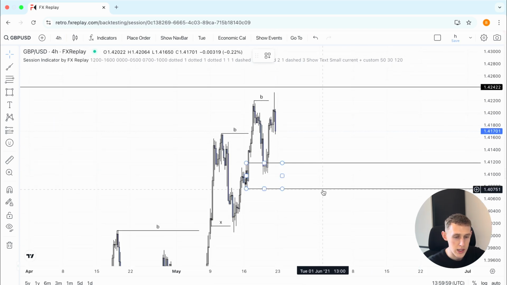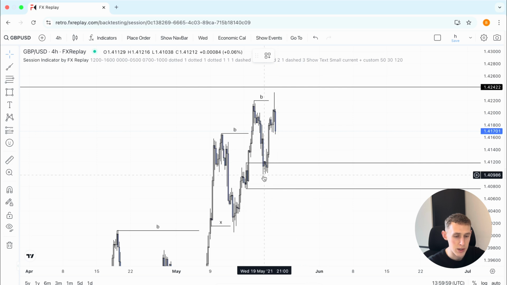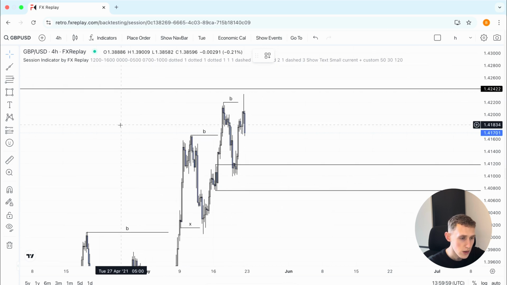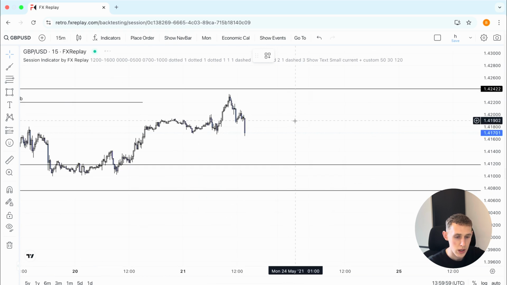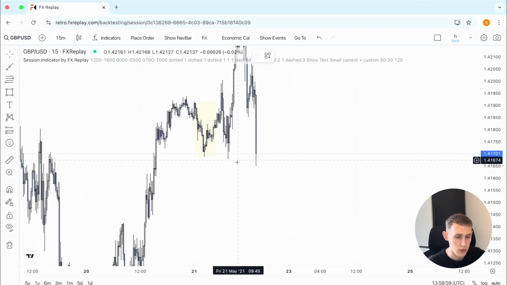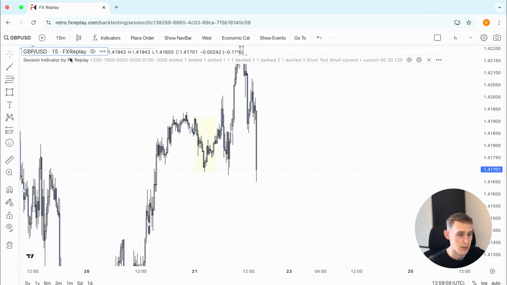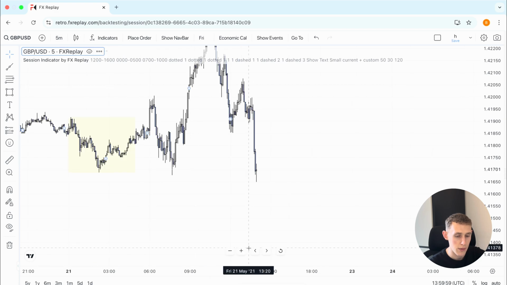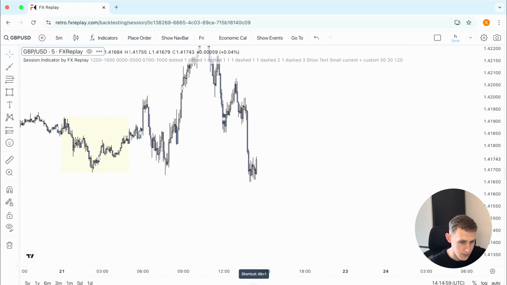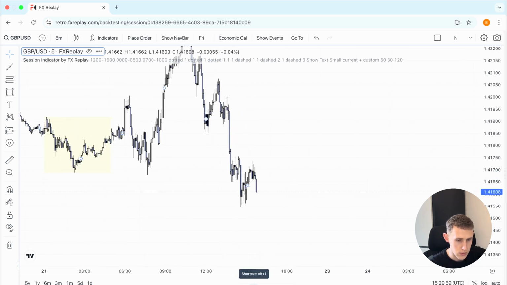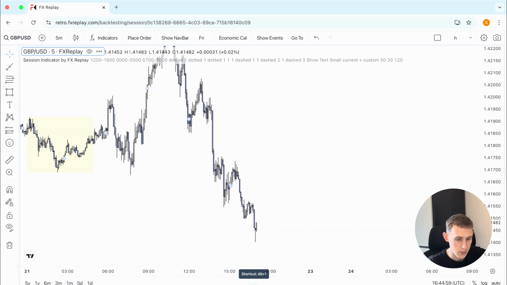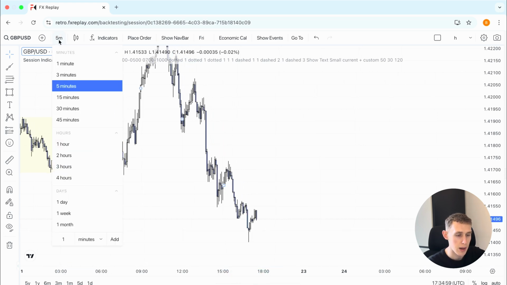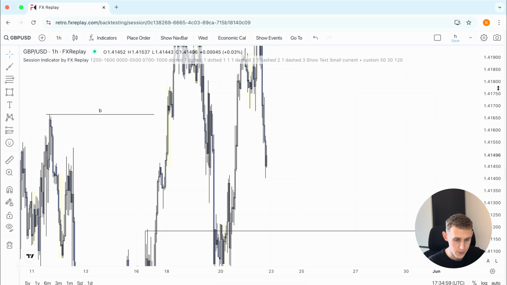So yeah, maybe we could see price come back and grab some of these lows. We have also just taken out this previous low, so we could also see the buys from here maybe. There's quite a lot of volume coming in at the moment though. Yeah, so there we go. So we can look for price to come lower now to the next zone,